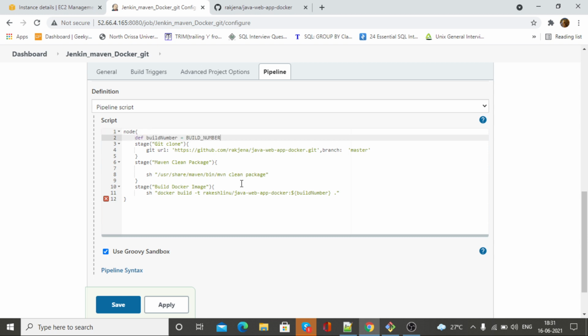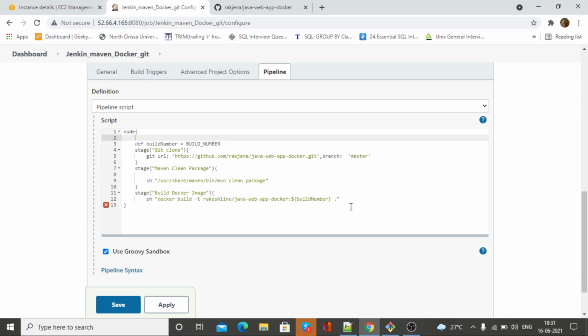Okay guys, I have added this, and this is my variable. Okay, let me check once. Yes, this is the one, and here I forgot to give the again.